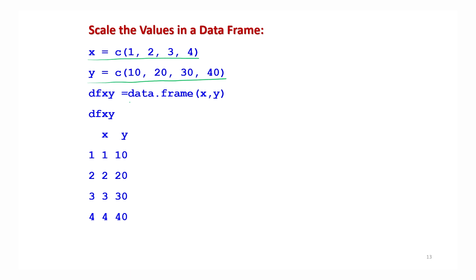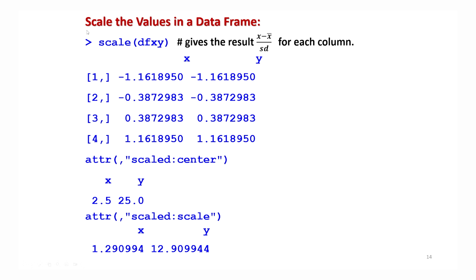Now I try to create the data frame using x and y using the command data.frame like this, and we store it in a variable dfxy. So now you can see this is the data frame that we have obtained, right? Now I try to use the same command which I have used earlier and see what happens. You will see a similar outcome will come, but now in a different way. All the scaling is done for each and every variable. So if you use the command scale of dfxy, similar to scale of x, it will give you the value of x minus x bar divided by s, that is the standard deviation, for every observation in each of the variables.